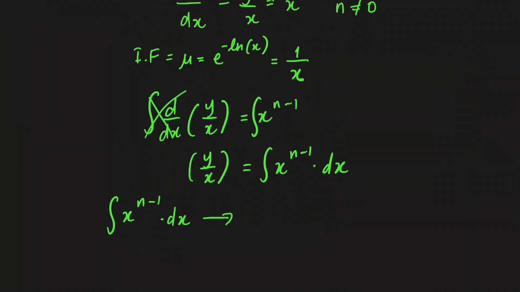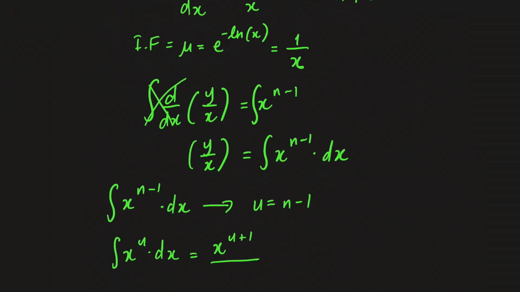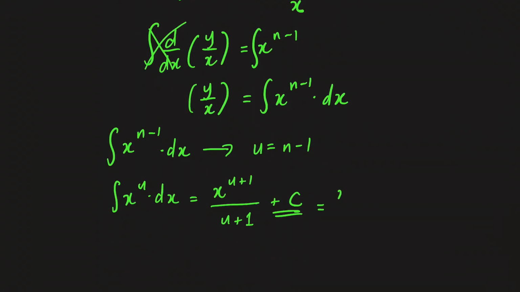We can start by doing a u substitution. So n minus 1 will be replaced by u. Therefore, we will find the integral of x to the power of u times dx. Now this is much easier to solve, and this will be x to the power of u plus 1 over u plus 1 plus c. Always remember to add the constant. Now you can put back the original form where u becomes n minus 1, so we have n minus 1 plus 1 in the exponent and n minus 1 plus 1